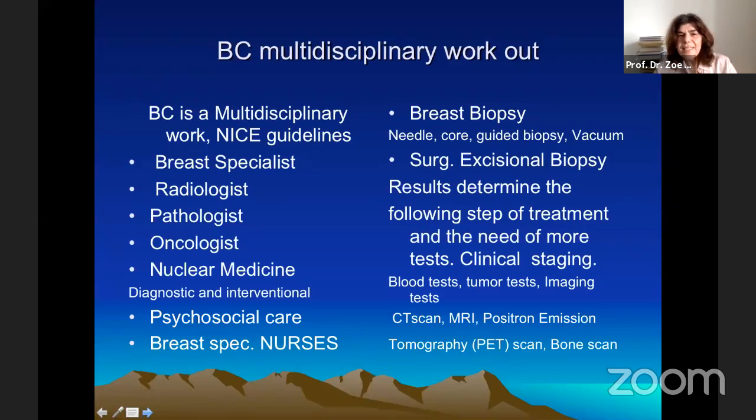Apart from all these sciences, the breast care nurses also play a very important role in a setting of teamwork. Breast care nurses are part of the work that we do to help women get through the steps of treatment that they are involved in, and overcome the anxiety. It's like a marathon that we have to train them for. It's a fact that